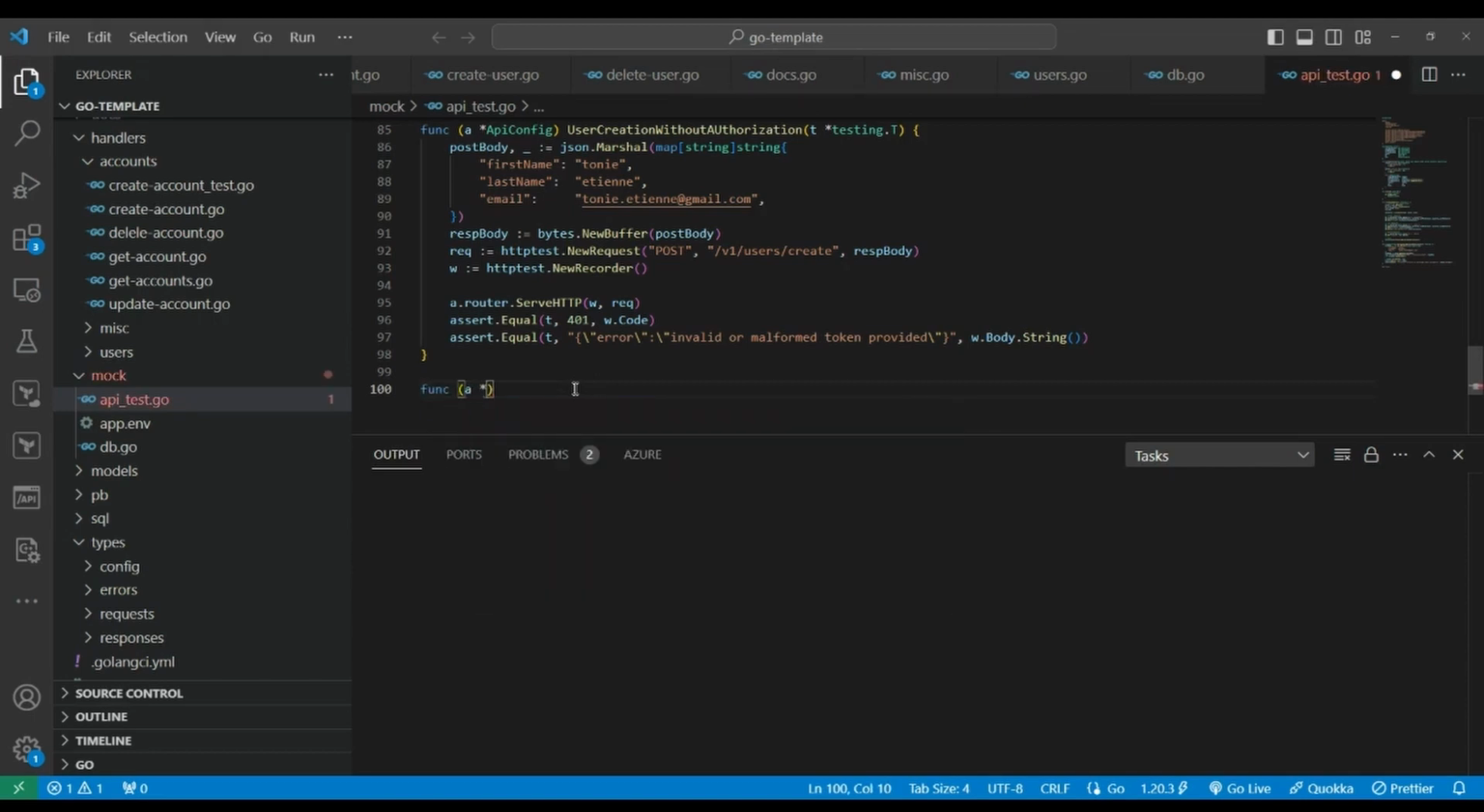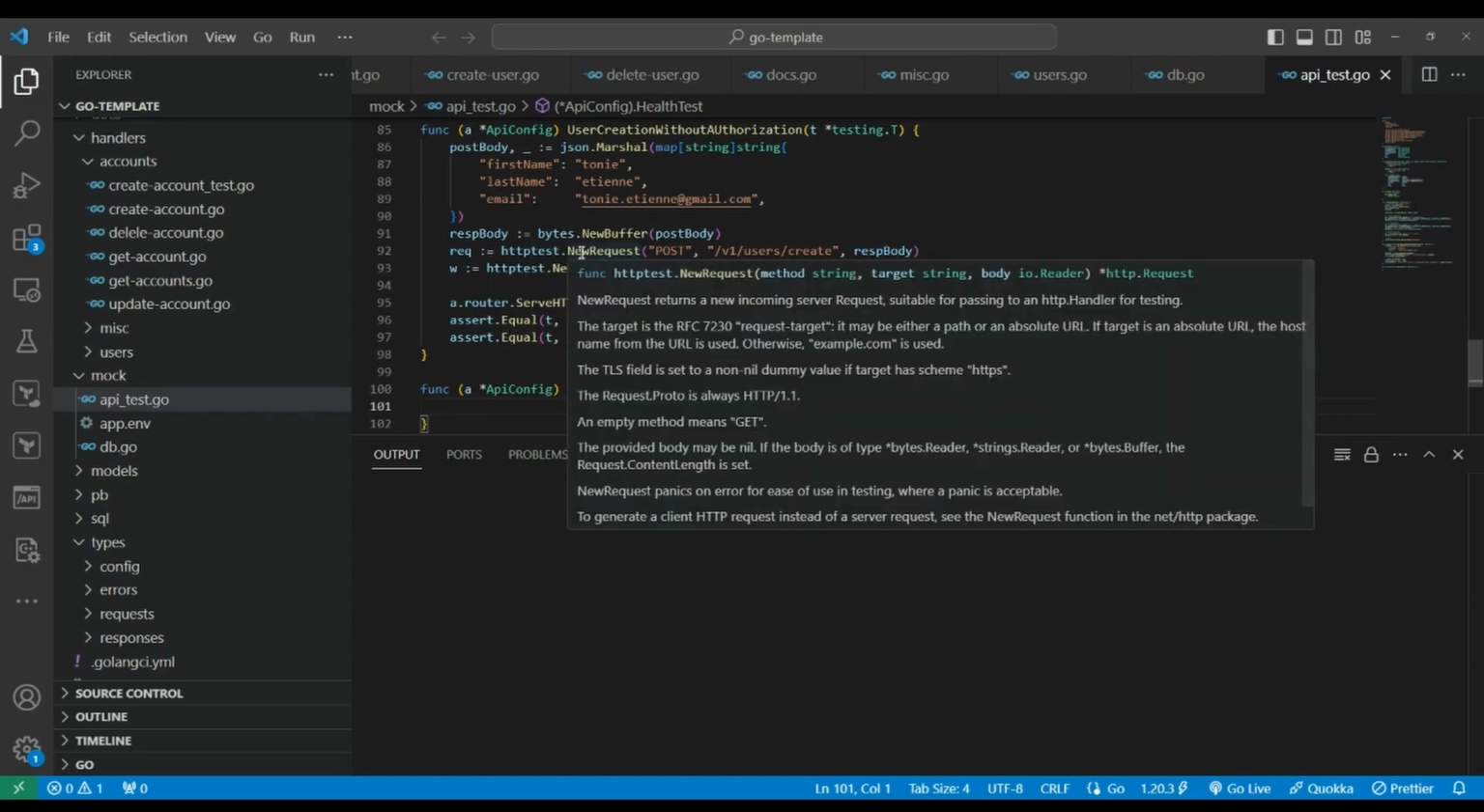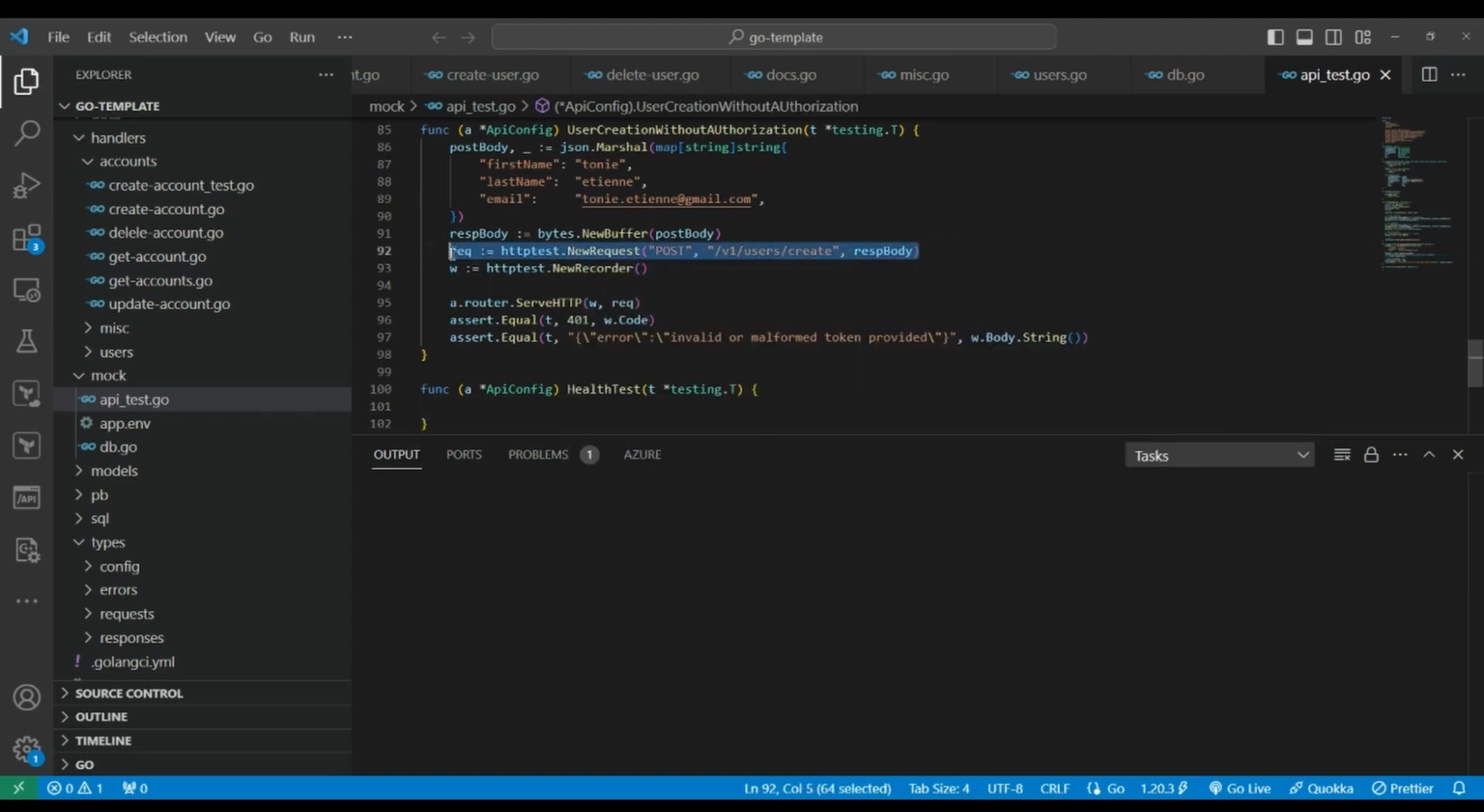So this would be a receiver function on the API config, and we can call this health test. It takes, of course, testing. This one doesn't return anything. And it's also going to be similar to what we had here, it's going to be a get. So I will just copy this and put it in here, and this is going to be a get, and it's going to be at